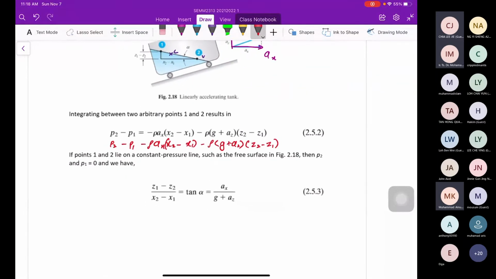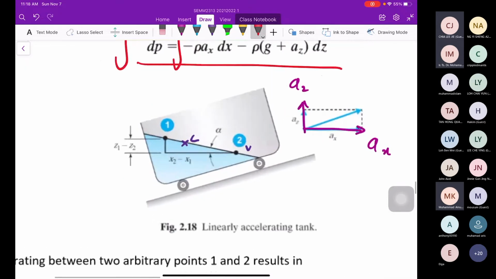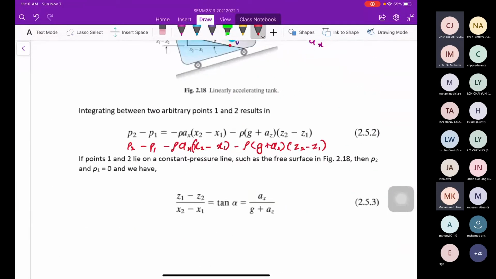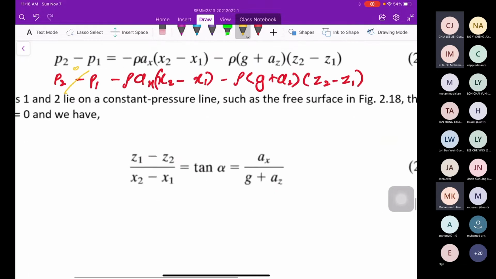And then, if the pressure at point 1, this pressure on the surface, is exposed to the atmosphere, we can consider that P1 and P2 are the same. So we can cancel, P1 minus P2 equals 0. So we rearrange the equation and it will become